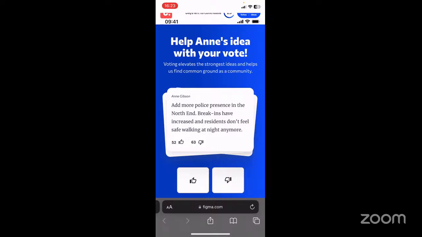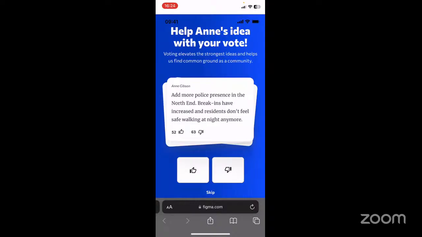I think there has to be someone else who has a different idea about this, and so I would almost want to try to find someone else who has proposed an alternative solution, or I guess I would add my own. I would also want Anne to know that there are other perspectives, like the downsides of adding more police. Maybe she already knows that, but there's not that much space for communication here, which might not be the point, which is fine.